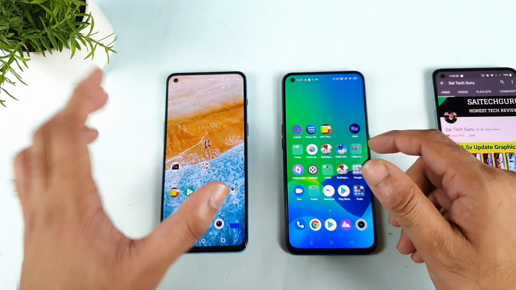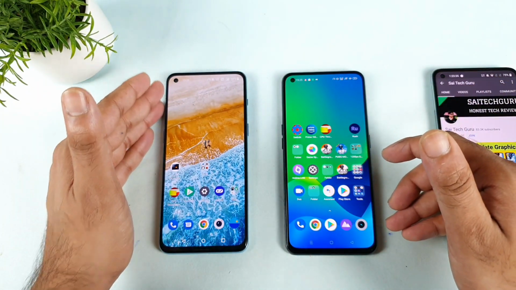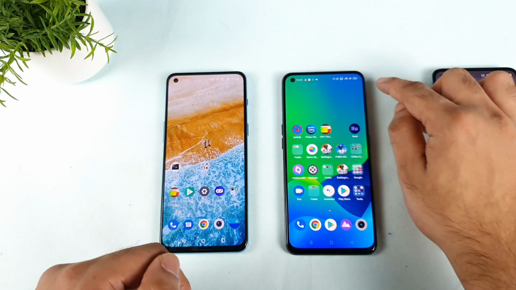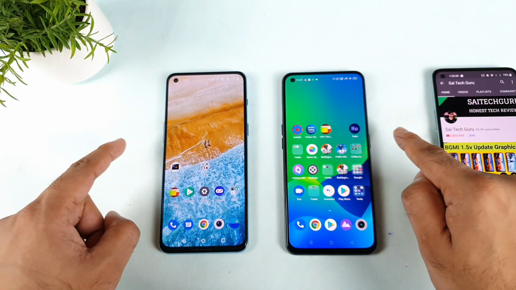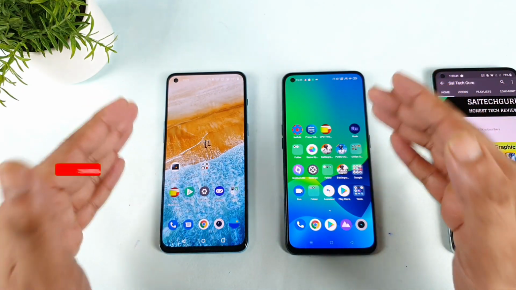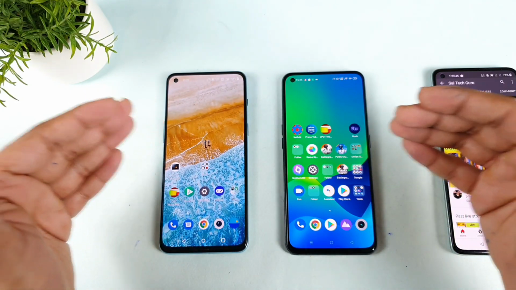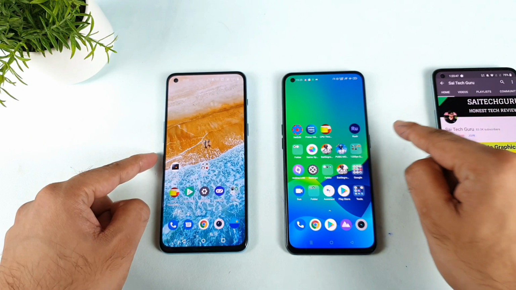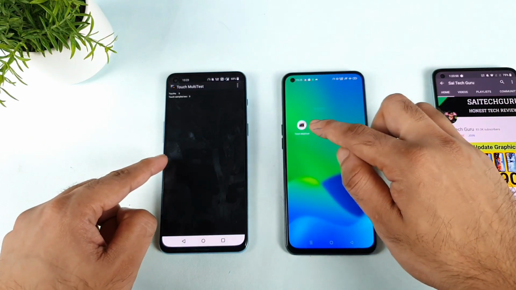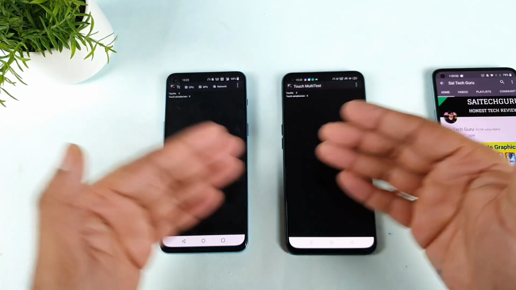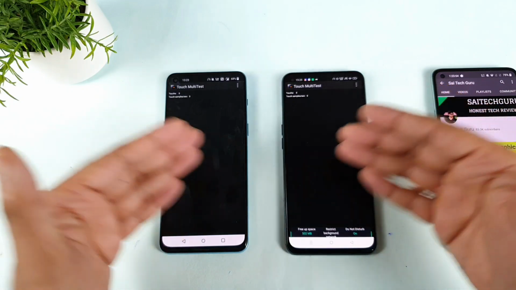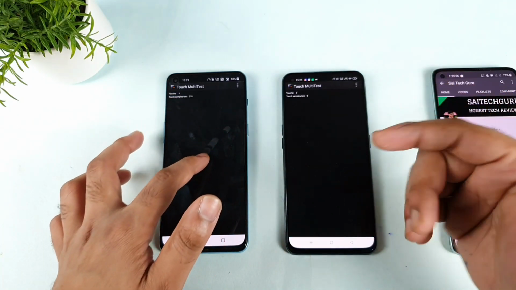By default, the OnePlus Nord 2 comes with the 180 Hz touch sampling rate. The Realme X1 Max comes with the 360 Hz touch sampling rate. But the phone companies, the UI, will not allow you to use that higher touch sampling rate. They are limited to only 120 Hz and 240 Hz. So that is what I'm going to exactly show you in this demonstration. Even after the recent software updates, there's nothing much got improved. So I'm not sure when it will get improved.